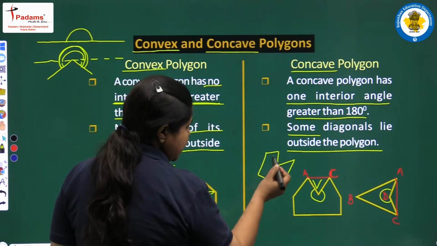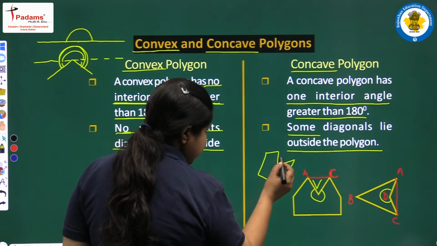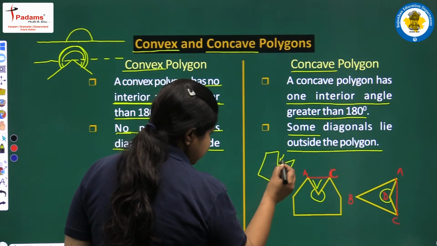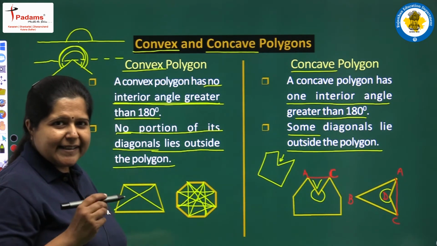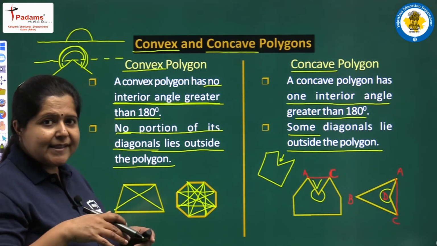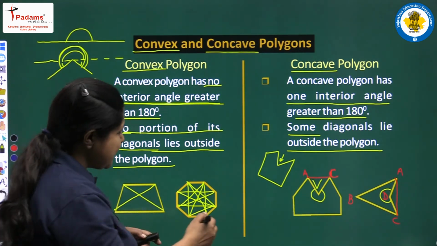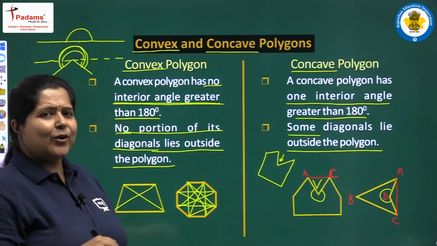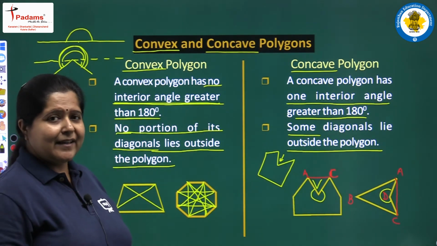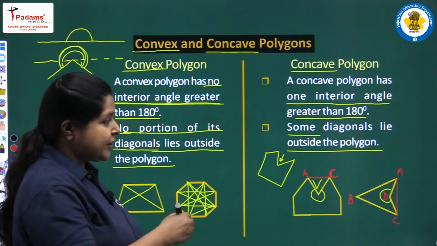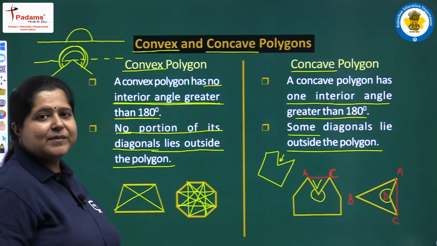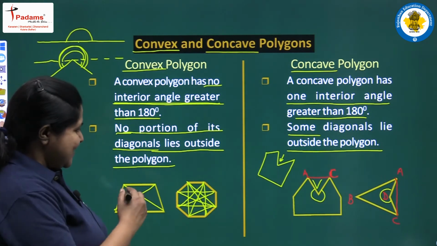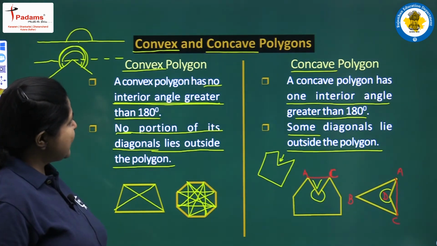Here this is again a concave polygon. So, there is one gap on this side here in the middle. So, that is why I take it to be a cave. Cave means एक गुफा, तो इसमें भी एक गुफा बनी हुई है. तो इस तरह से मैं इसको याद करती हूँ और इस तरह से आप भी याद रख सकते हैं कि how a concave polygon will look like and how a convex polygon looks like. So, this is the difference between the two.